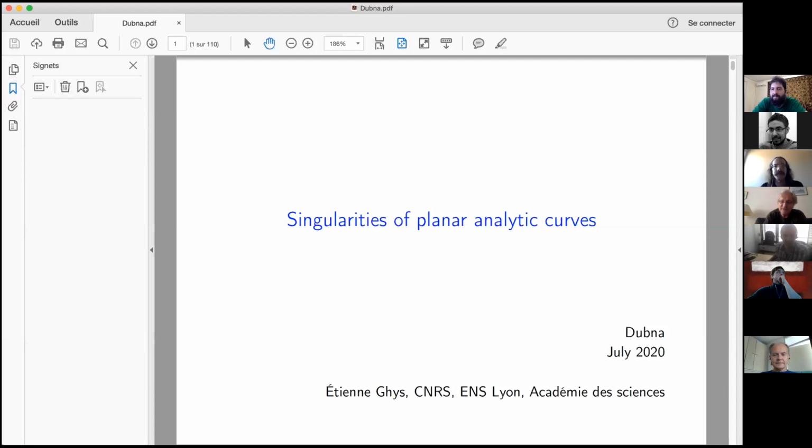If you start with, let's say, 4 real polynomials, P1 of x, P2 of x, P3 of x, and P4 of x, and if you assume that all 4 polynomials vanish when x is equal to 0, you can draw the graphs of these 4 polynomials in the neighborhood of the origin. And you see a picture like that, with one graph in pink, another in red, another in green, etc., etc.